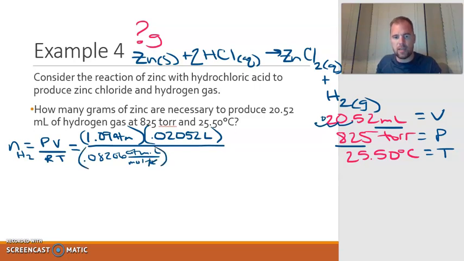There we go. And then my temperature. I got to convert 25.50 to Kelvin. So I'm going to add 273.15. This time I'm actually going to keep 2 decimal places because you can see I have 2 decimal places. So when I add that,